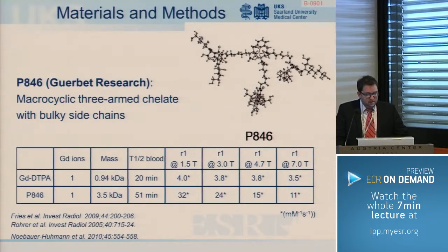P846 is an experimental compound from GÖB research. It consists of a macrocyclic 3-armed chelate with the gadolinium ion centered in the middle of this complex, and we have these 3 bulky side chains. We have a rather high molecular mass, which is around 3.5 kilodalton, and subsequently we have really high relaxivities, especially